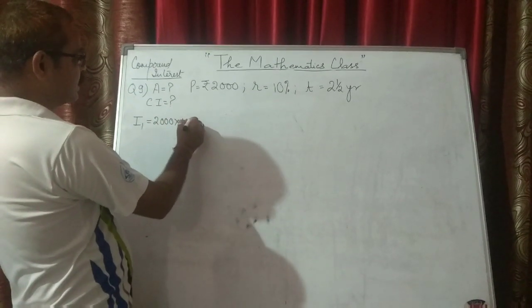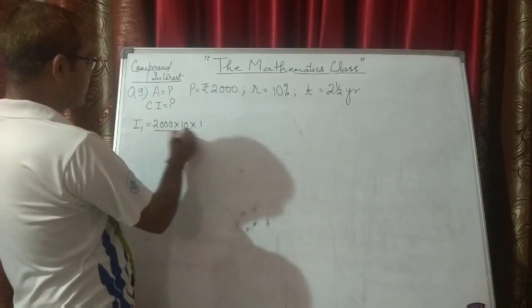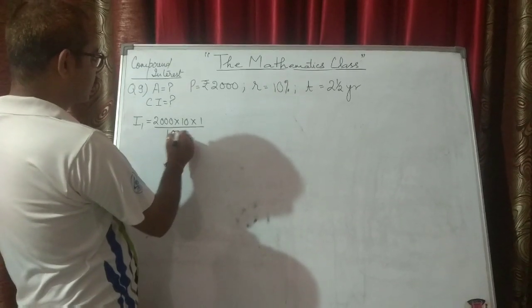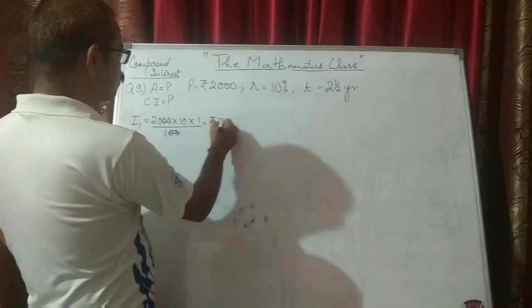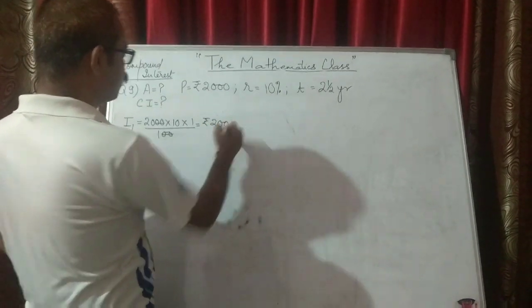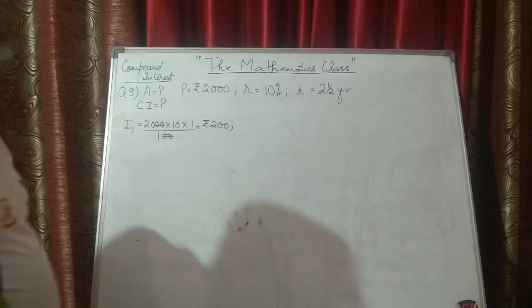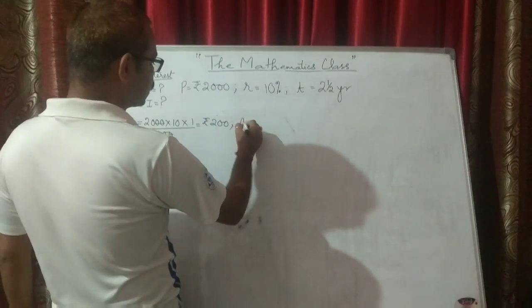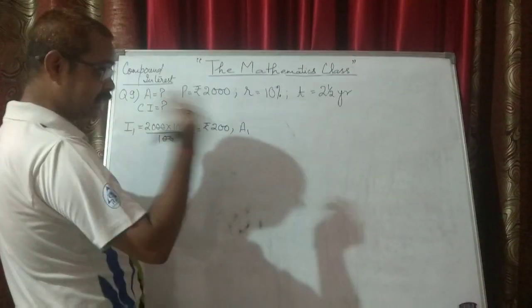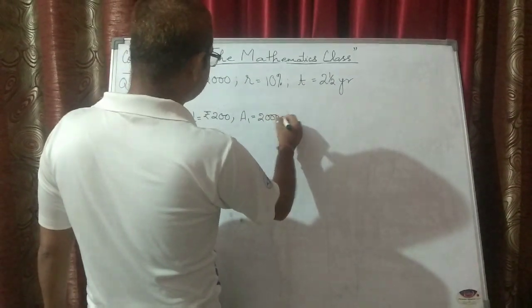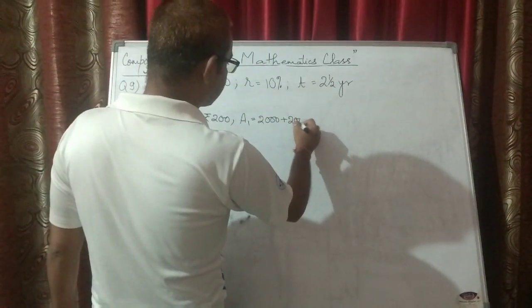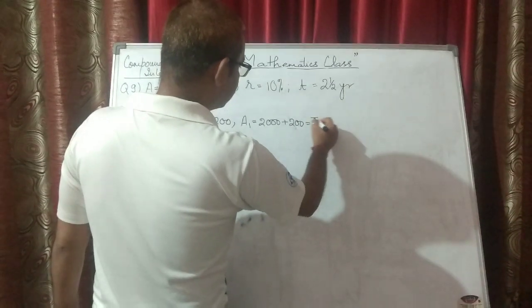Rate is 10%. Time is 1 year upon 100. You can solve it. It becomes rupees 200. So interest is 200. It means amount after first year, that is A1, will be 2,000 plus 200, that is rupees